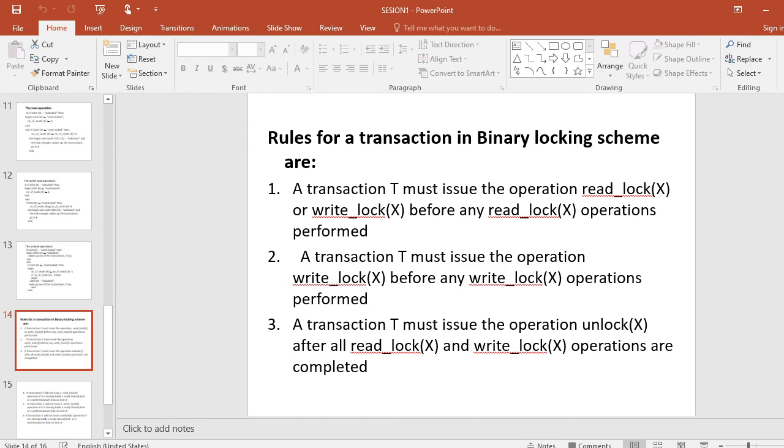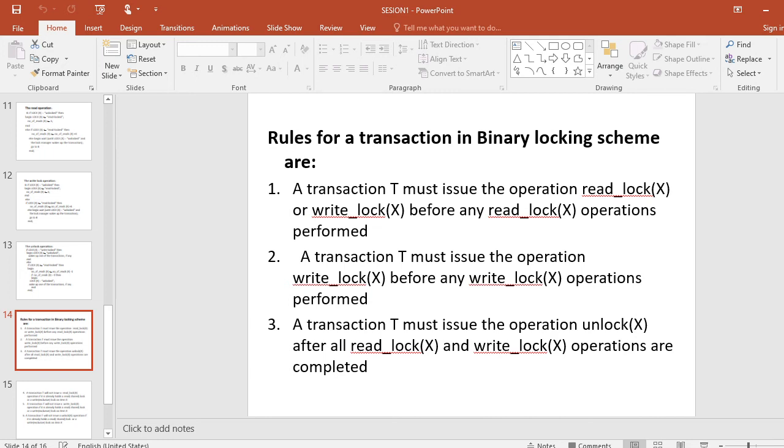Number 3. A transaction T must issue the operation unlock of x after all read item x and write item x operations are completed in transaction T. Number 4. A transaction T will not issue a read lock of x operation if it already holds a read or shared lock or write exclusive lock on item x.